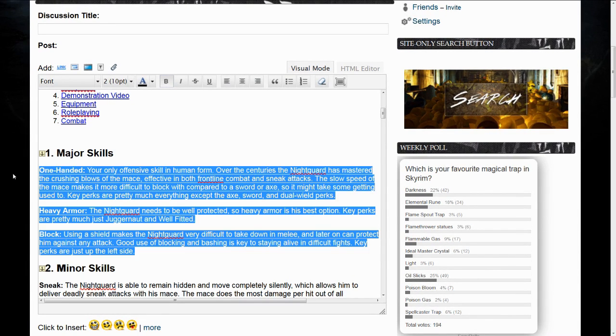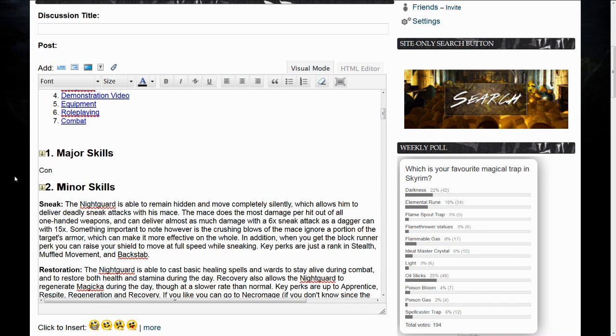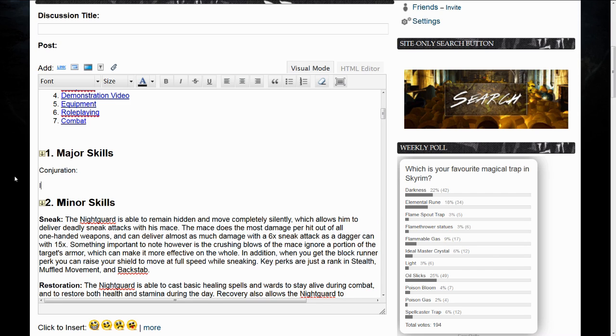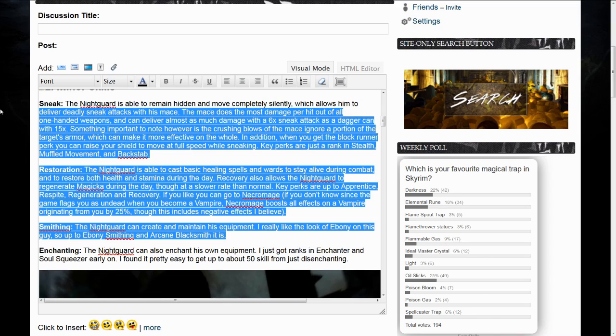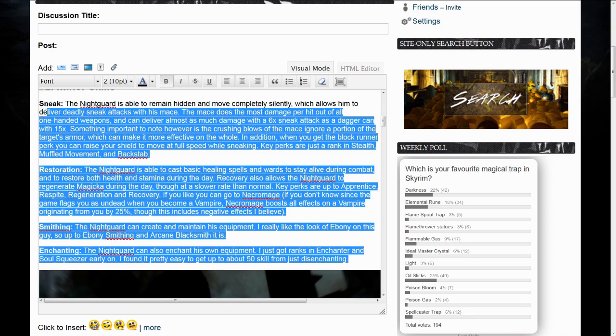Now, I'm just going to firstly do a list of the skills and then flesh it out a bit more later. So obviously, if you've been watching the previous episodes, you'd know that our major skills are Conjuration and Illusion, and our minor skills are...